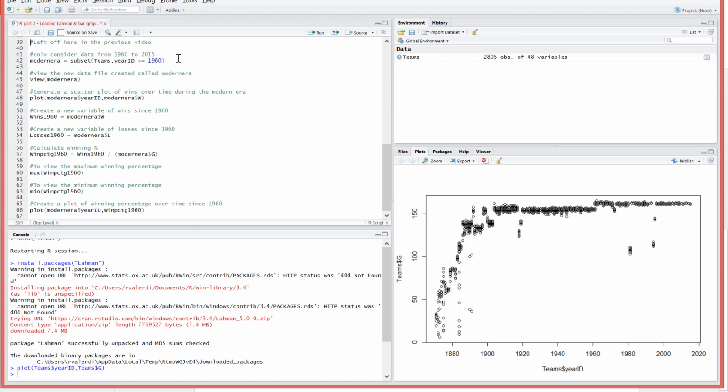So what I'm going to do next is use the subset function in R, and I'm going to filter. Instead of 140 years, I'm only interested in data since 1960. Why? Because this is where the number of games stabilizes at 162 games per season. And so the new variable that I'm creating is called modern era. And that equals the subset, this is my function,